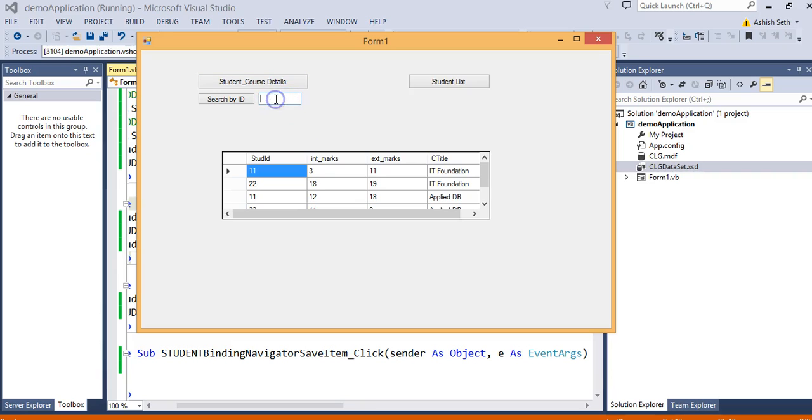Now if I write 11 here and click on search, you will see only the student ID 11. If I write 22, it will show only the student details having the ID 22. See it here. So likewise, we can write more queries based on our requirement.